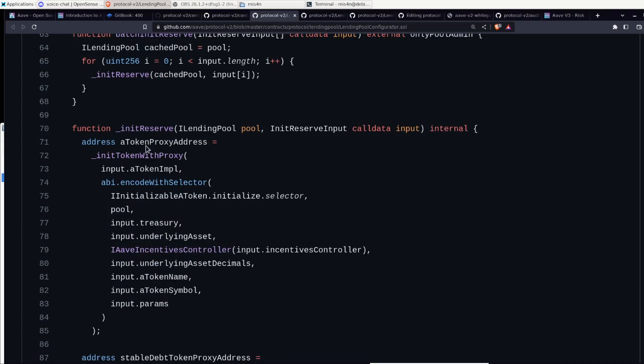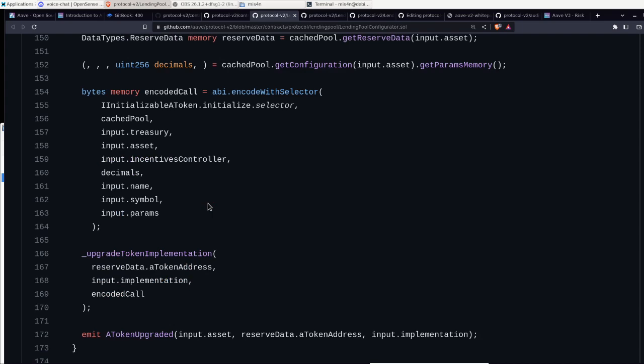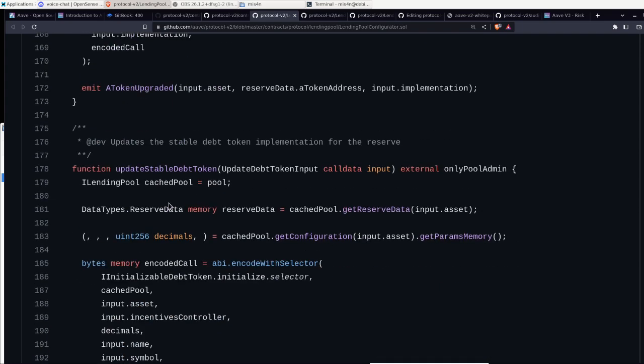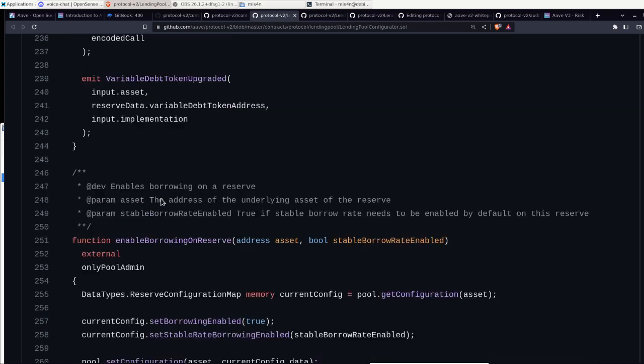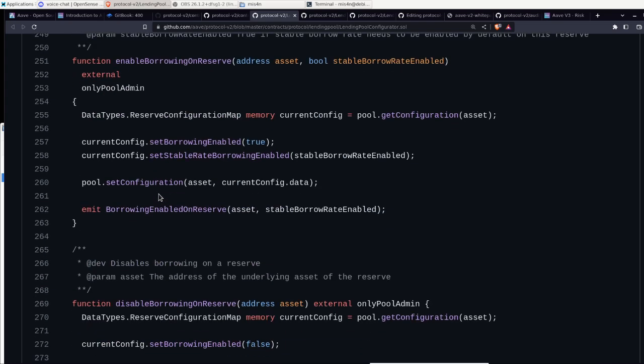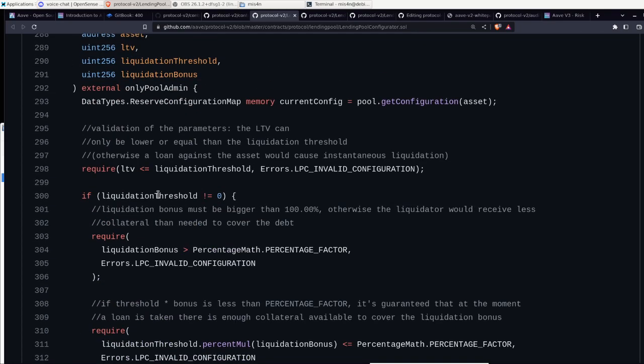Initialize, batch request, init reserves, update token, update stable debt. It's funny because they do change the implementation, but they didn't go with proxies.